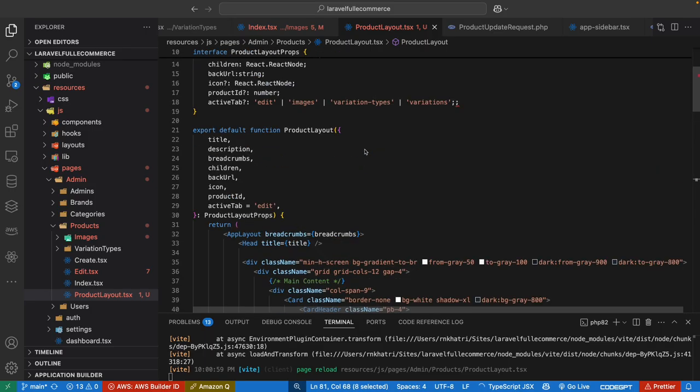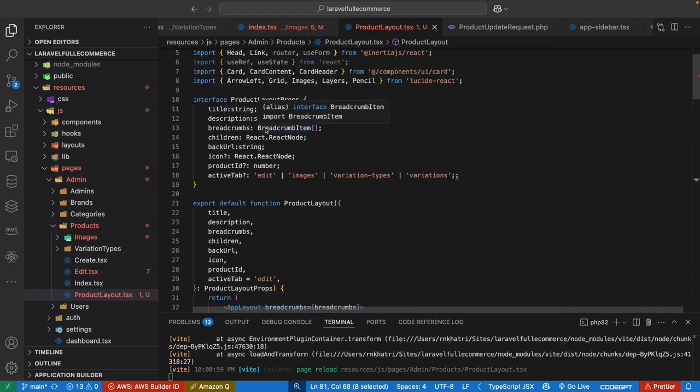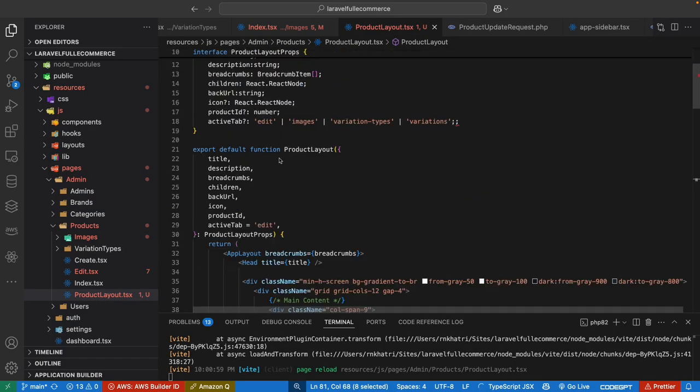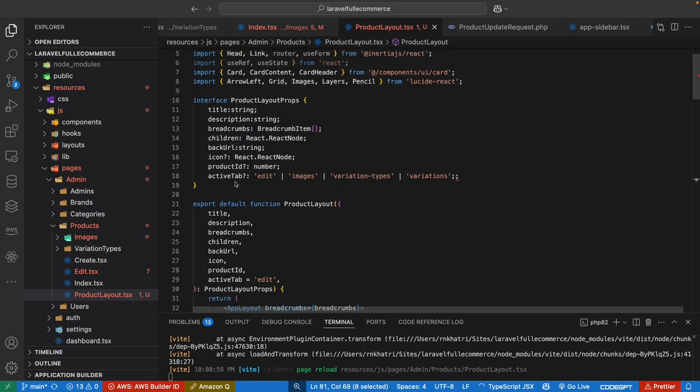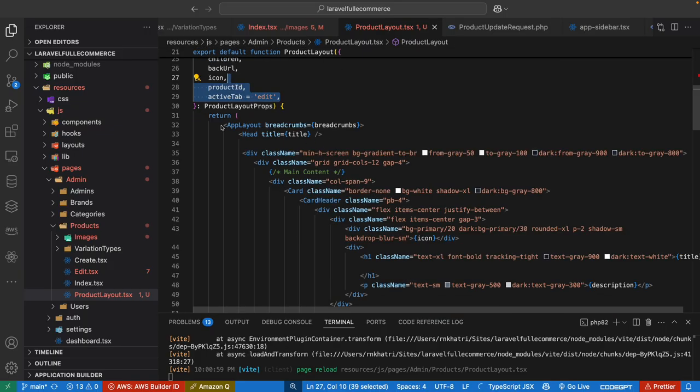Okay, let's see how we have to define. Here is all edit layout. We have to make one product layouts. Okay, where is product layout? We accept title, breadcrumb, everything from this, and active tab, and then we have to layout